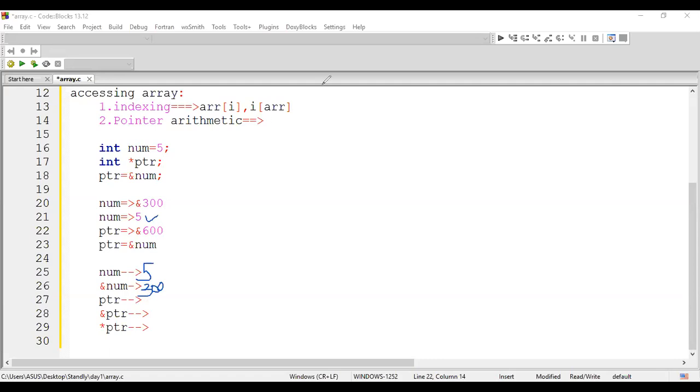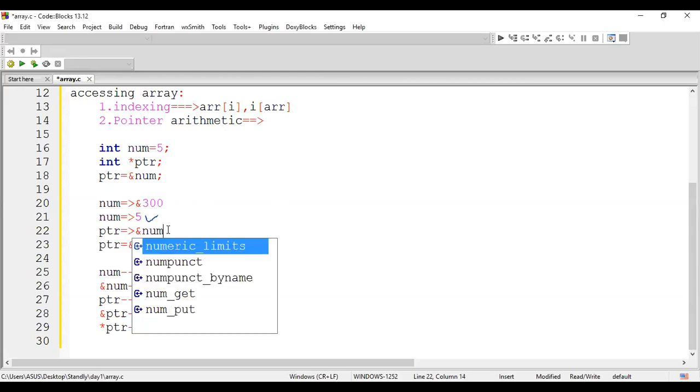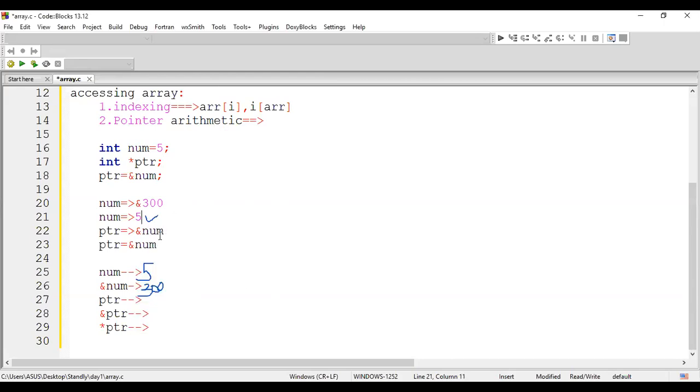Some people are giving 6000. There is a typo here. I mentioned 6000 as the address of num, and the ptr address is 600. There is a small typo here, I'll modify it. That's the reason many people are confused, I guess.